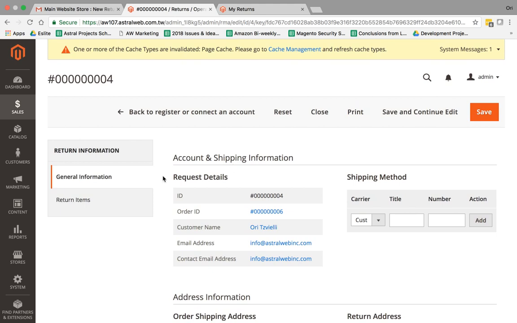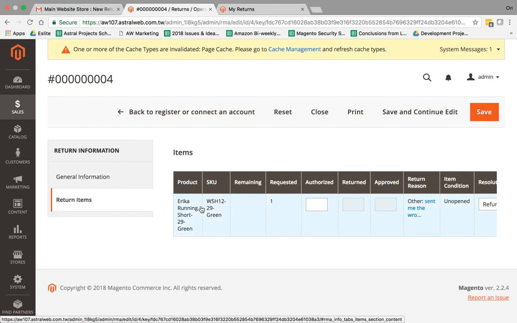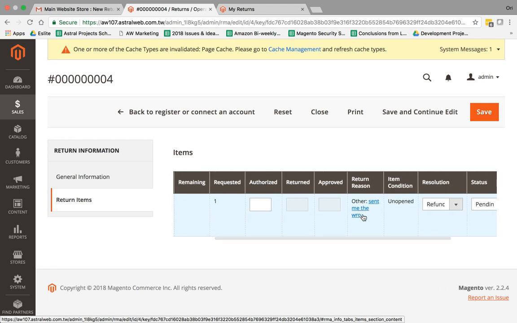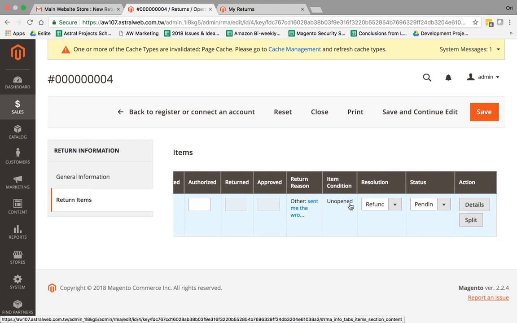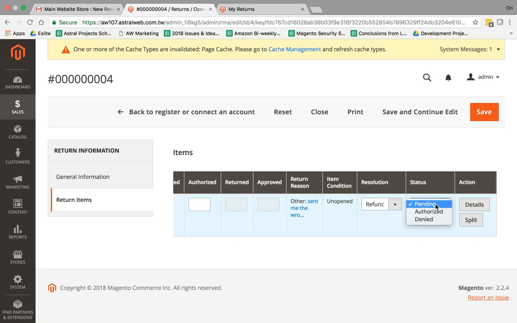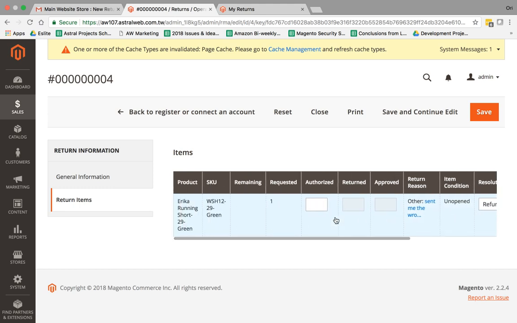These are the statuses. So this is pretty familiar from regular orders, at least as far as the layout goes. What I'm mostly interested in here is the return items tab. The customer requested to return one of this SKU, right? They have a reason here, and this is all the information they filled out. So it's unopened, they wanted a refund, and it's still in the pending status. Now I'd have to review, for example, does it fit within the business policies? Did they make the order within 30 days, and are they trying to return it within that window? So let's assume this is correct and it applies within business requirements.